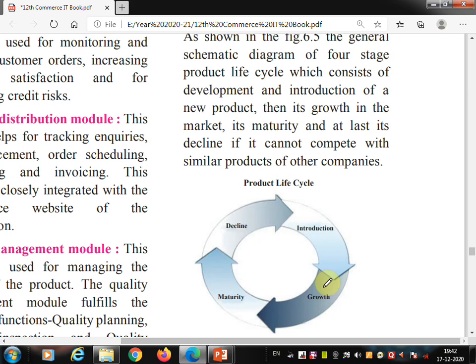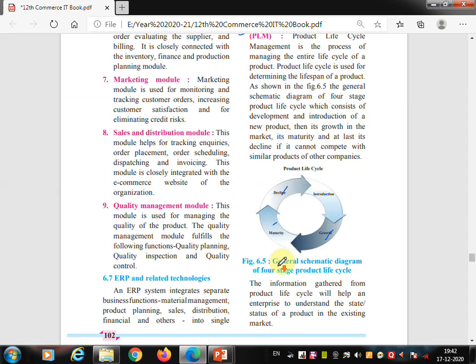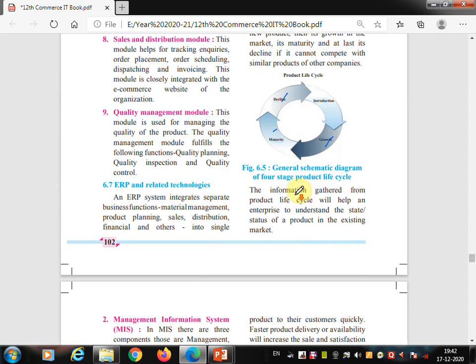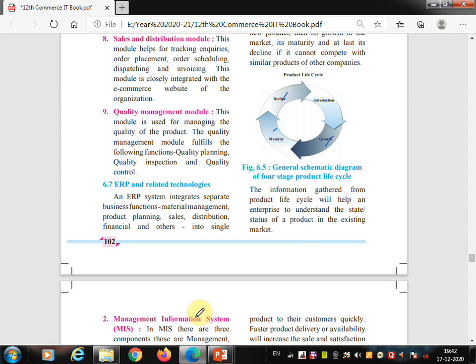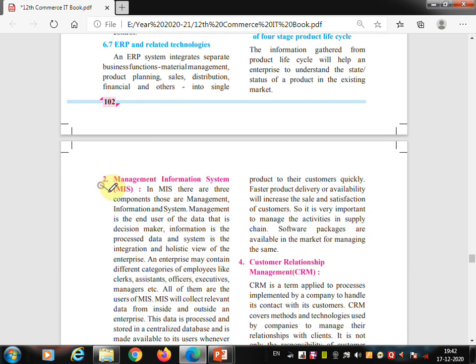The product life cycle consists of the development and introduction of a new product, then its growth in the market, its maturity, and at last its decline if it cannot compete with similar products of other companies. The information gathered from the product life cycle will help an enterprise to understand the stage or the status of a product in the existing market. Next is management information